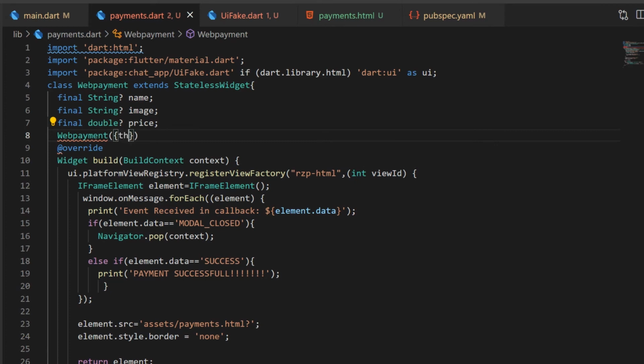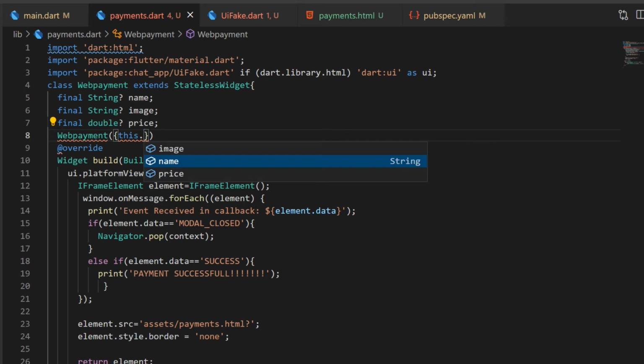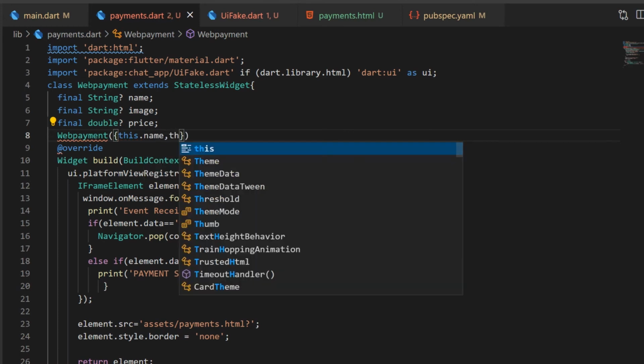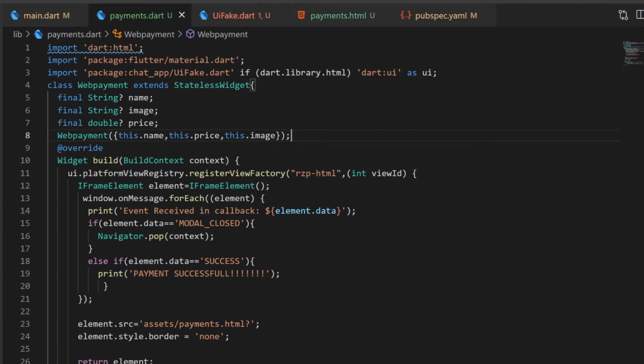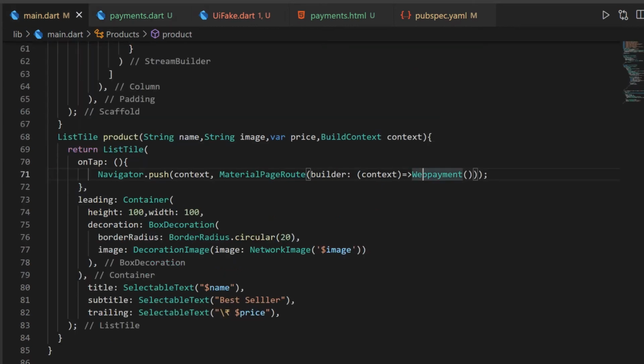And why I'm using the question mark here, because you guys know there is null safety with Dart and Flutter. Now I am actually using Flutter 2.2, but a new update has also come, so we will use that too. From the next video I will update it. So we are demanding three fields from the web payment file, and the web payment name.